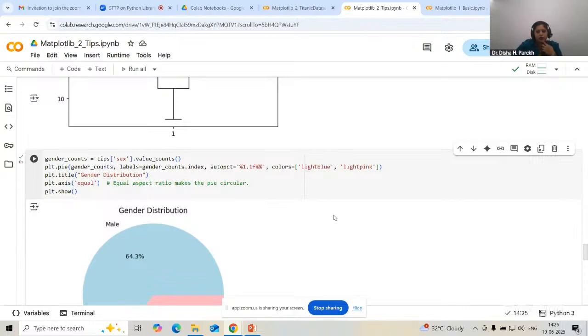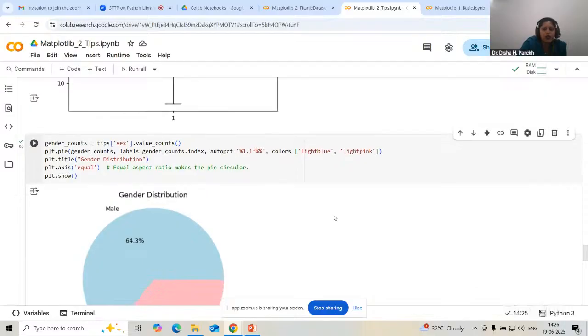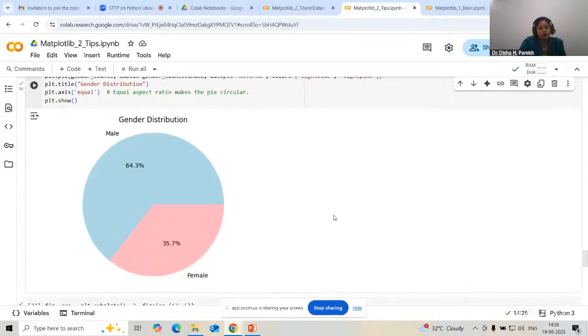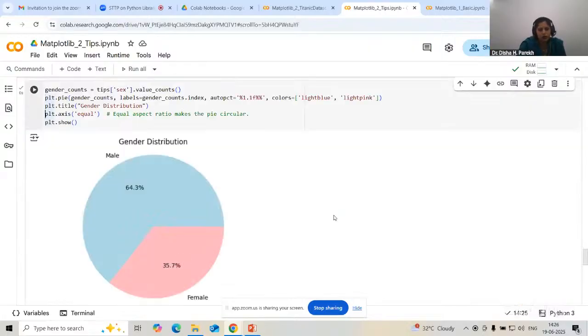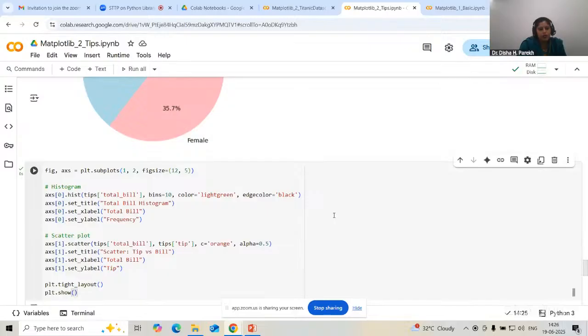I hope all of you would have done. Yes. I consider all of you would have done. Now, just the last thing, I've created a subplot for total_bill using the above. I'm sorry, it got loaded again. I have created a subplot with both again total bill only, but one being a histogram, another one being a scatter plot. Right. So if you just check,